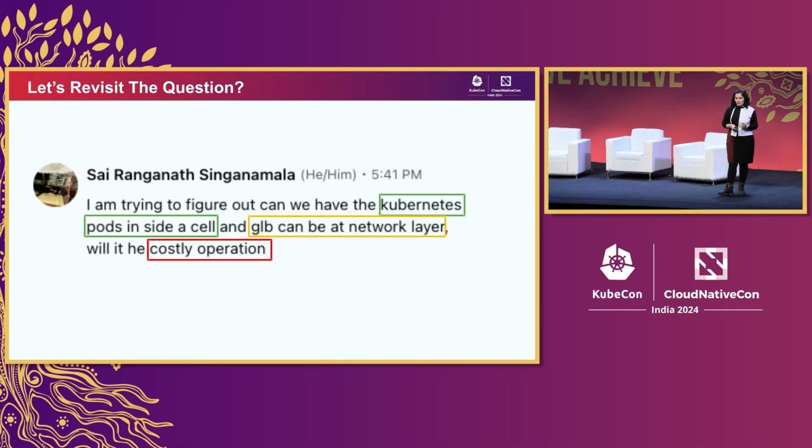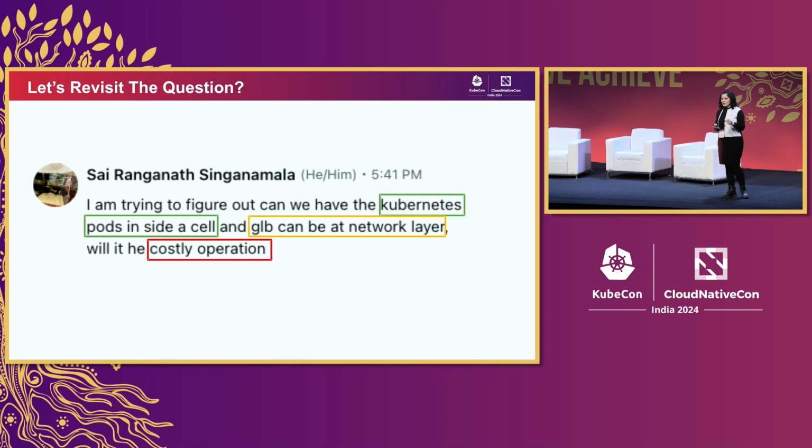With that said, let's come back to the question of Sai. He says, Kubernetes pods inside a cell. Do you think it's possible, with a raise of hand? Anybody thinks? Okay, I can see 2, 3 hands only. What about a few more going up? Few more, okay. So this is the topic for the slides further, but I quickly want to touch upon the rest of the 2 topics.